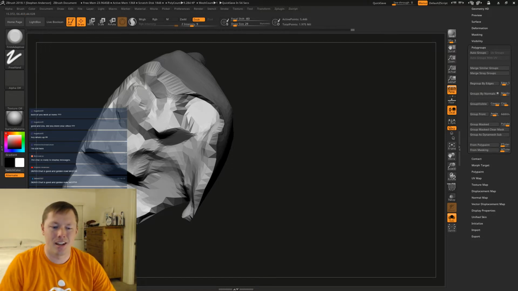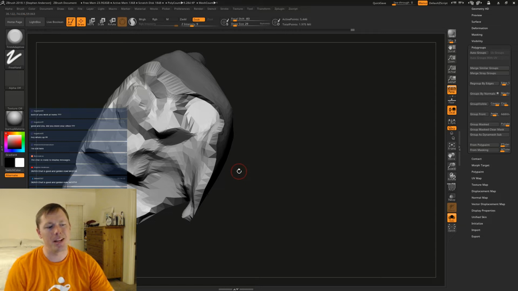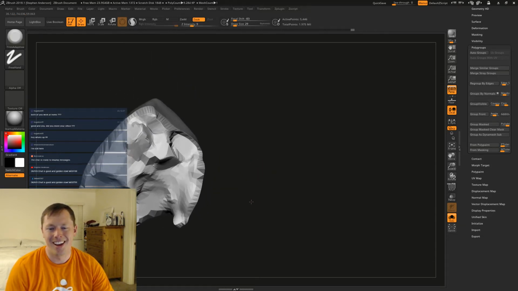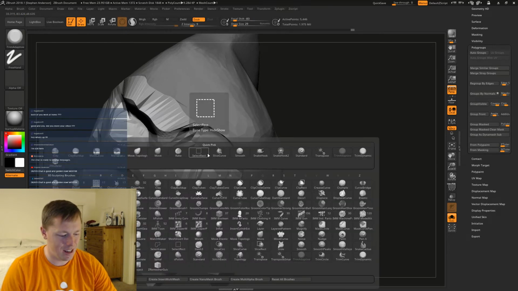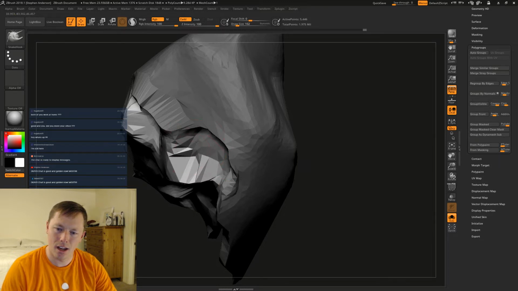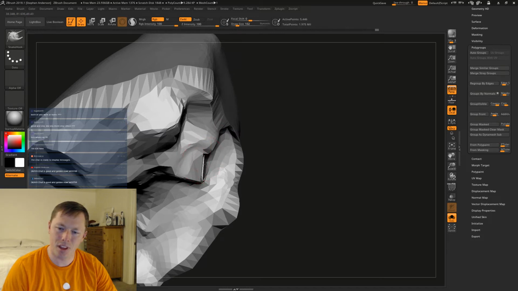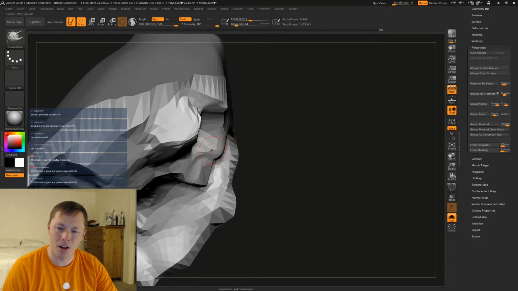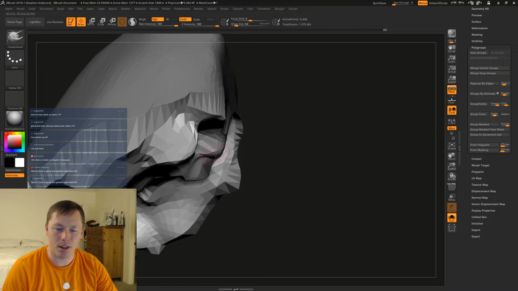And it's just kind of funny to me how they both mean something similar, but the brushes do something completely different.